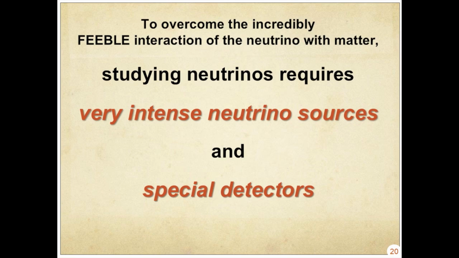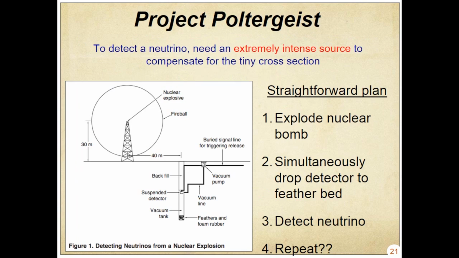All right, so this is one of my favorite things. This was one of the early ideas, the so-called poltergeist project. Right after the 1930s, there was the 1940s. And what did we do in the 1940s? We invented nuclear bombs. Because it's a big nuclear interaction, a nuclear bomb will produce an incredible number of neutrinos. So the idea, as I understand this diagram, the problem with a nuclear bomb is it tends to create vibrations, I guess, and rattle your detector. So the idea was to dig a shaft, a safe 40 meters away from your nuclear explosion.